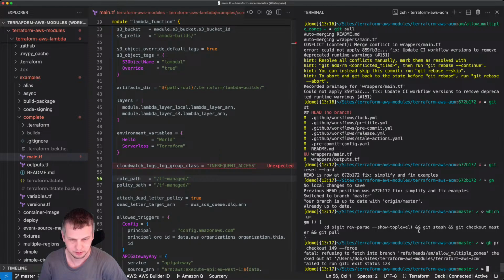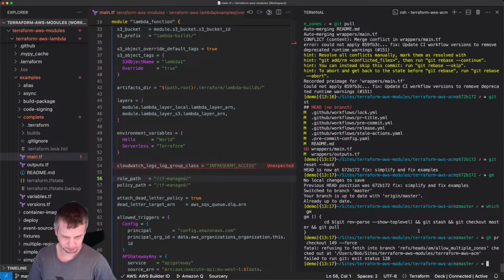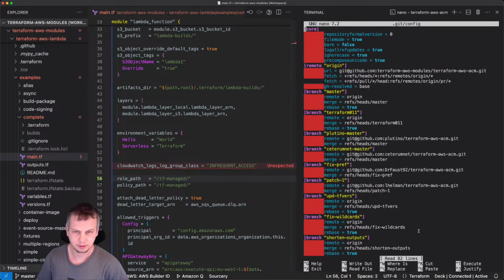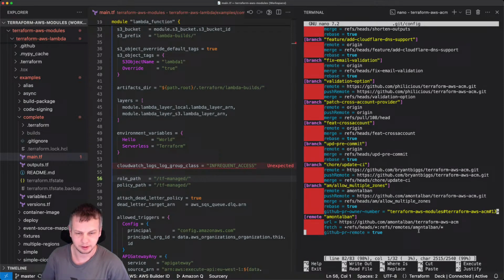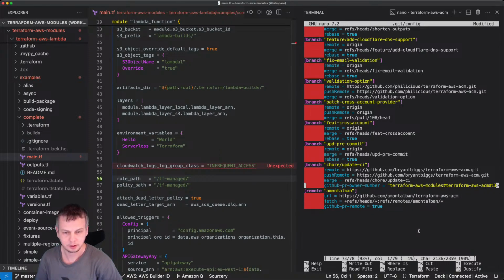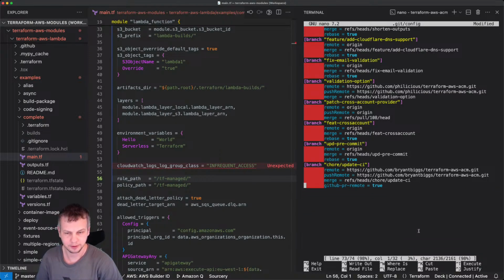What? Checkout. I probably already have this branch. So yeah, right. I have allow multiple branches, and I even have this remote.